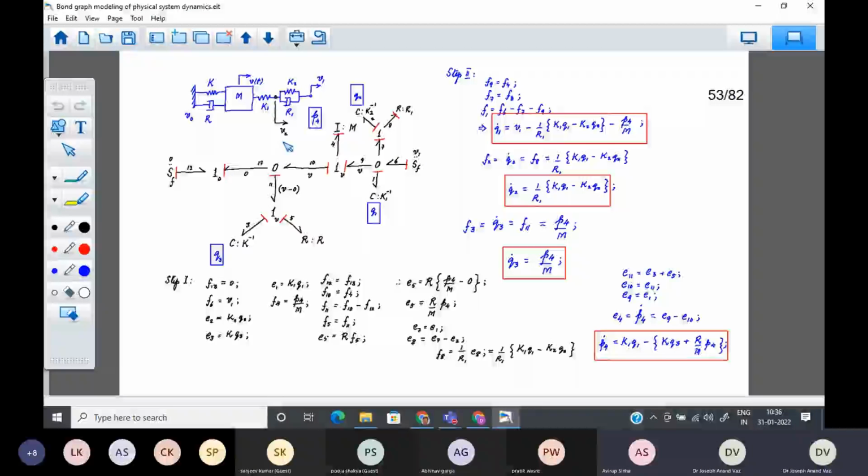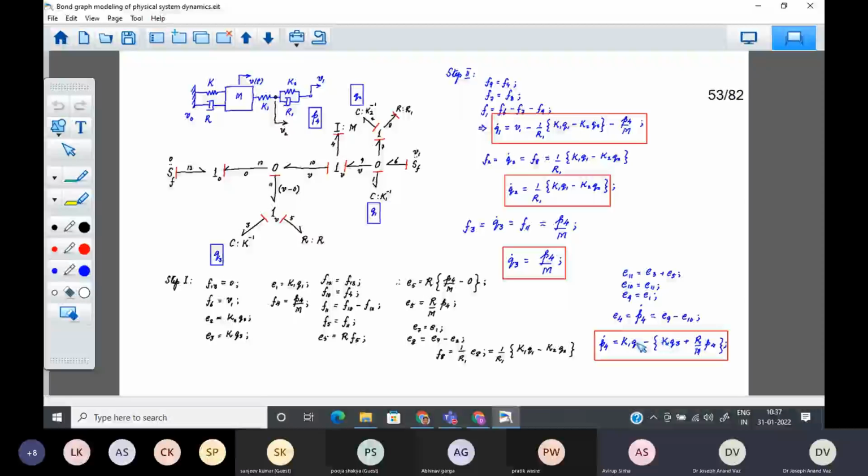In our last lecture, we derived system equations for this mechanical system. We had three C elements in it, contributing respective generalized displacements. And we had one I element, which was contributing a generalized momentum. So we proceeded with the two steps, step 1 and step 2, and algorithmically we proceeded to obtain the system